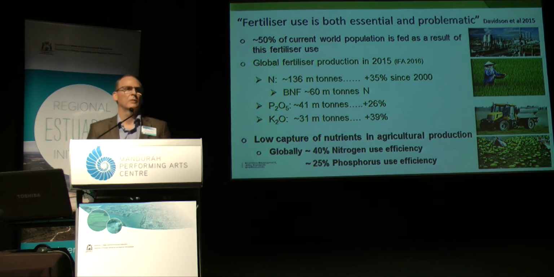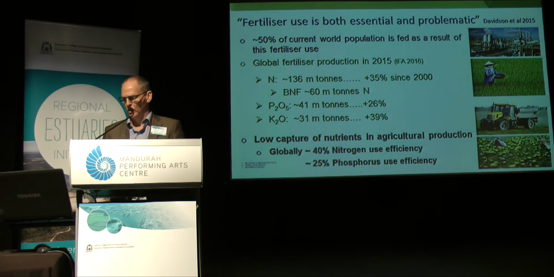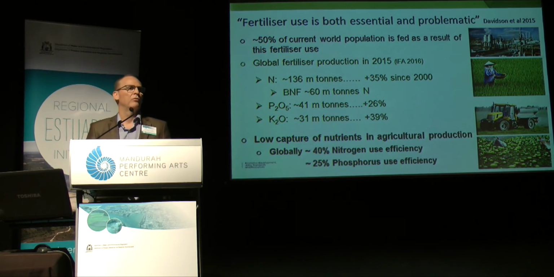So what's the problem? Well, the issue is that our biological systems, and of course farming is farming biological systems, are very inefficient in terms of the overall capture of the nutrients that we actually introduce within those systems. So the global efficiency of nitrogen use is estimated to be around 40%, and for phosphorus it's estimated to be around 25%. So when we do these nutrient use efficiencies, we usually measure them on the basis of what we're removing in agricultural product versus what we're importing or applying. Okay. It's not a direct connection to environmental impact.